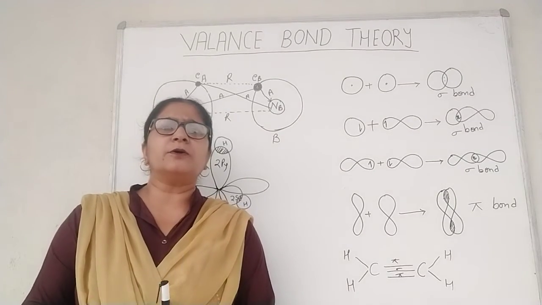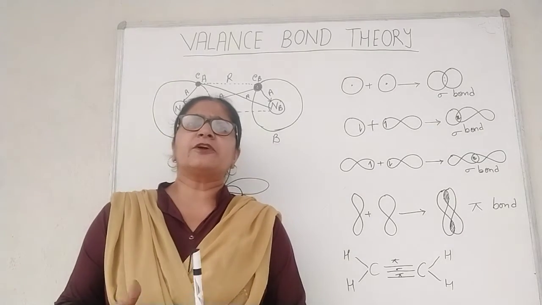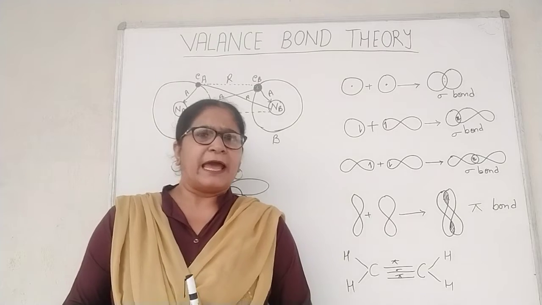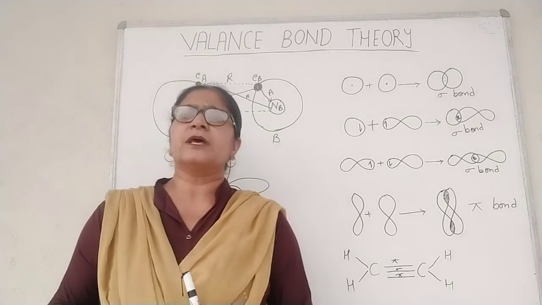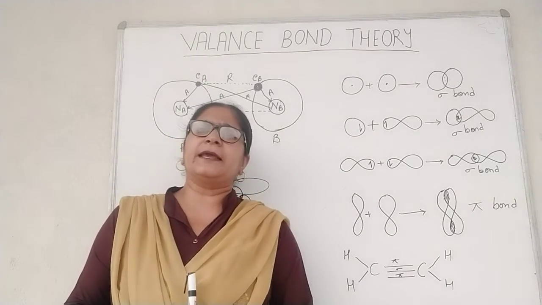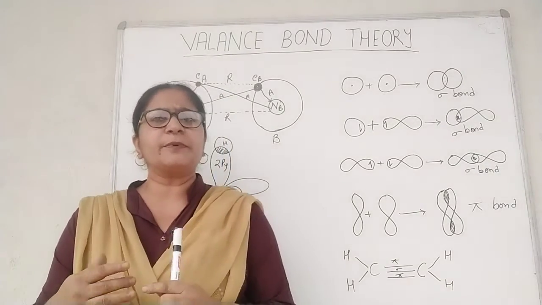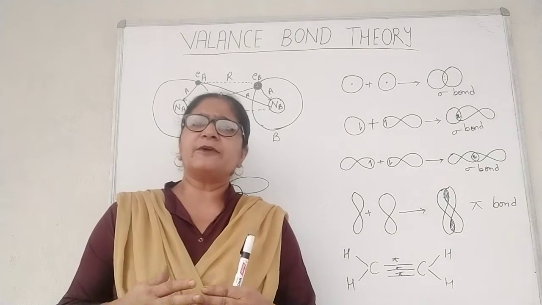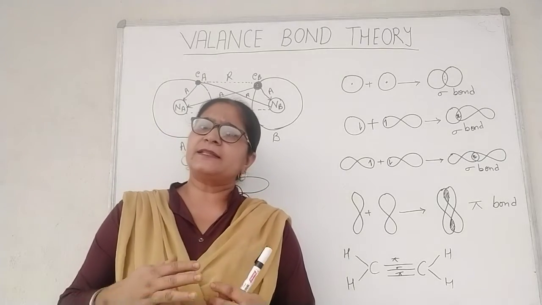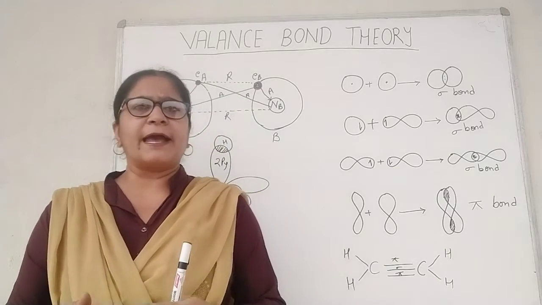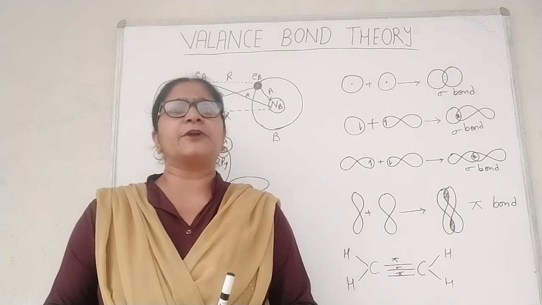Experimentally, it is found that the magnitude of the new attractive forces is more than that of the new repulsive forces. As a result, the potential energy decreases as the two hydrogen atoms approach each other. Ultimately, a stage is reached where the nuclei remain at an optimum distance, such that the net force of attraction balances the net force of repulsion. At this stage, the system acquires minimum energy, and the two hydrogen atoms are said to be bonded to form a stable molecule.